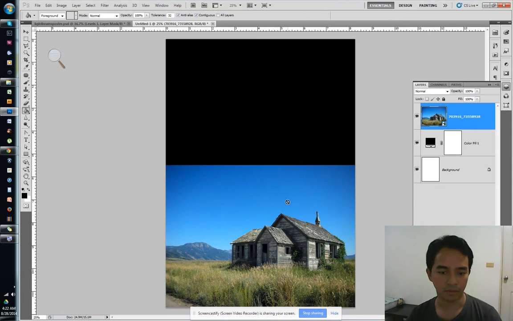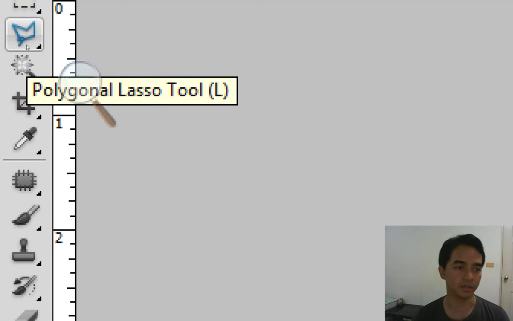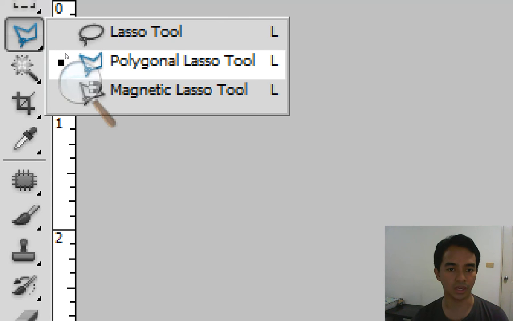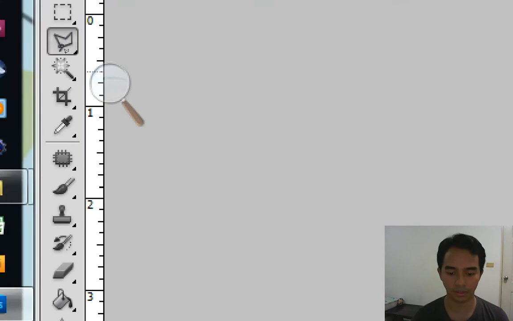And then afterwards, we need to use levels because we want to darken. Remember the photo we adjusted a few weeks ago when we brightened it. This one, we don't need to brighten it because it's already bright. We want to darken it so that we can simulate nighttime. Okay, so we can do that by using our polygonal lasso tool. So we select polygonal lasso tool and then